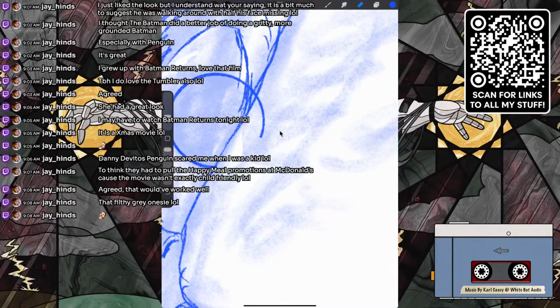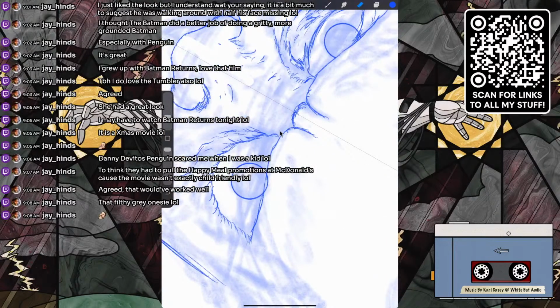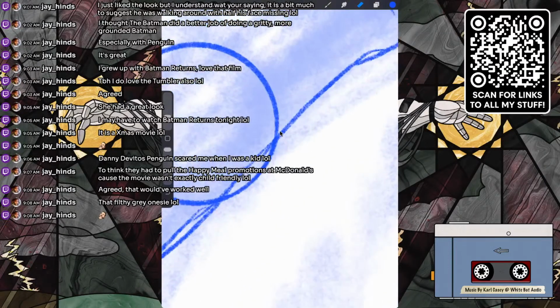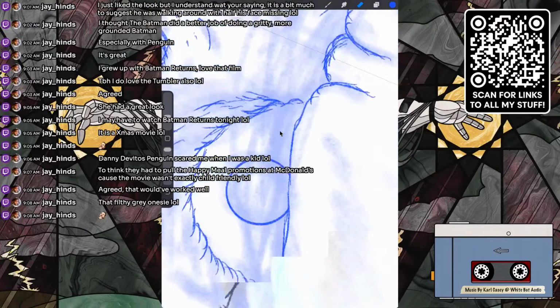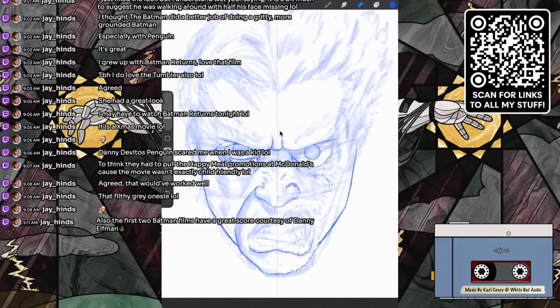And that's, by the way, another thing about the Batman movies. I actually genuinely enjoy the Jim Carrey Riddler in Batman Forever. Now, I don't think Batman Forever is a particularly good movie, but Jim Carrey was doing the Adam West version of the Riddler, and I think he did it really well.